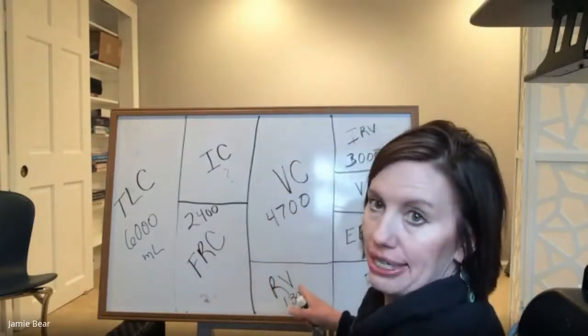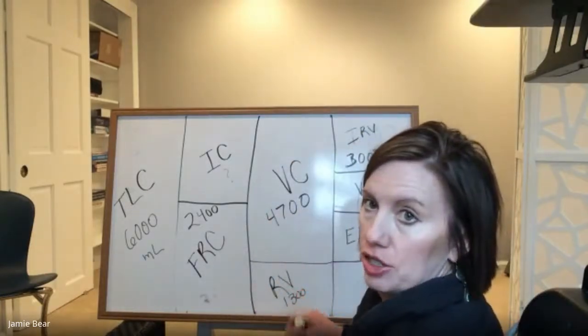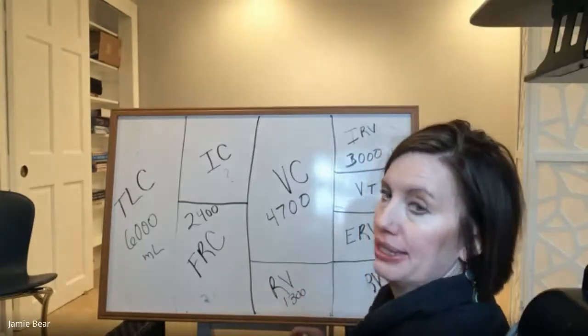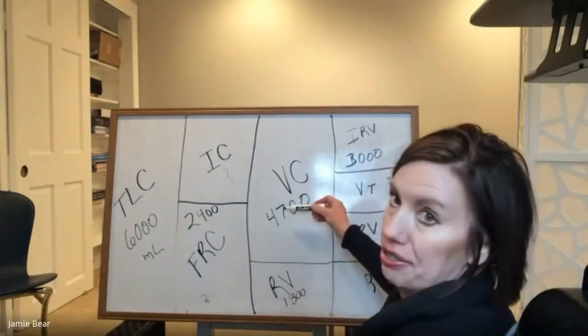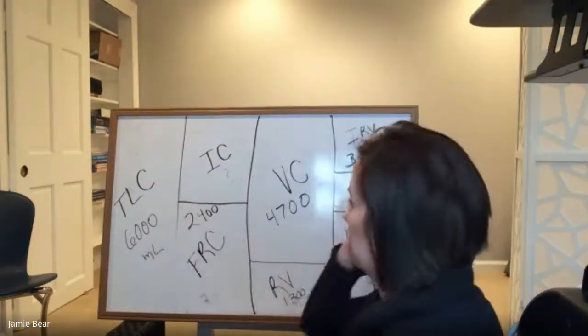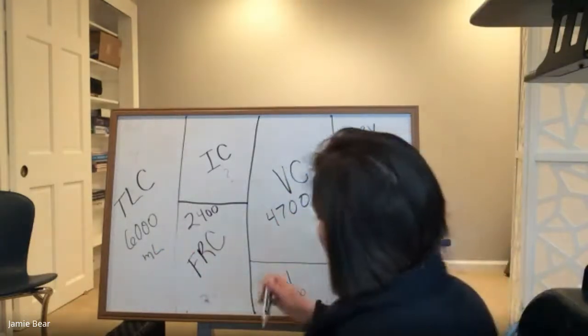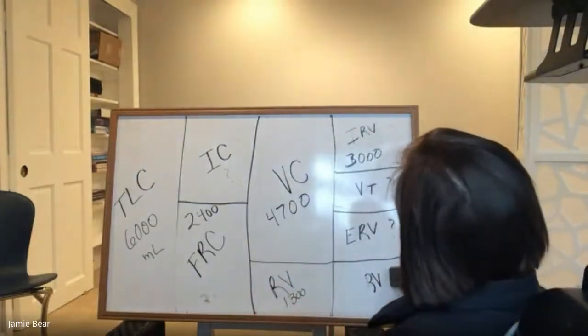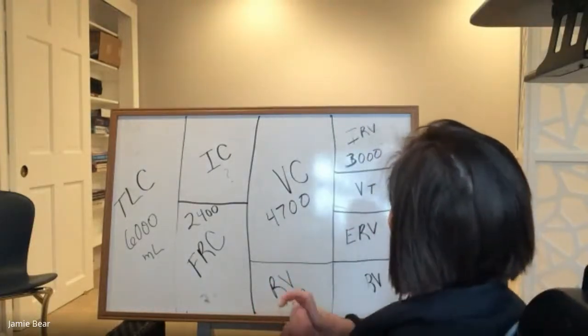Okay, do you all see how I did that? You can test yourself by saying, okay, let's see, 4,700 plus 1,300. Yes, that's 6,000, and that's my total lung capacity. So great, I already have solved 2